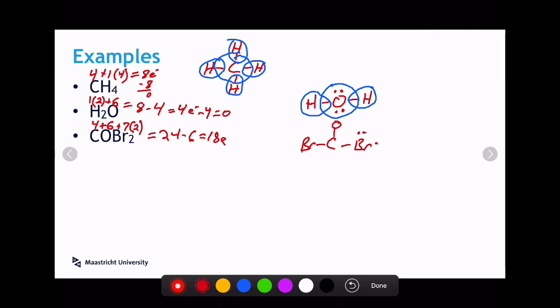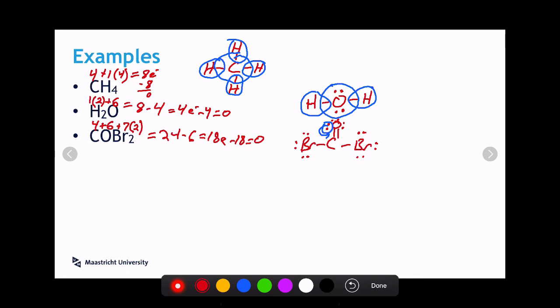We're going to fill in our octets of our outer atoms, so they each need to get 6 or 3 lone pairs. And that used up all 18 electrons, and I have none left. And so what we're going to do here, we check carbon, and carbon does not have 8 electrons. It only has 6. And so we're going to bring a pair from either of the bromines or from the carbon to form a multiple bond between carbon and that atom. And what we're going to look at a little bit later is that we bring in a pair from the oxygen here to form a double bond